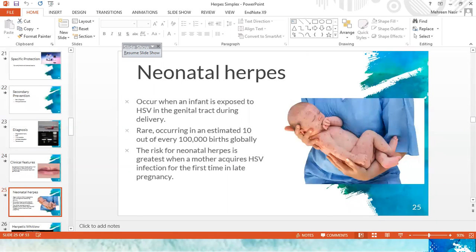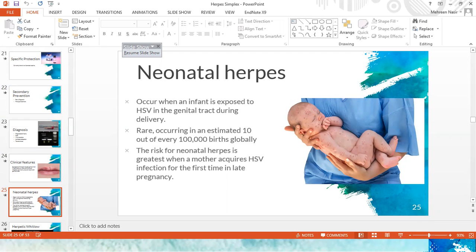Talking about neonatal herpes. Neonatal herpes occurs when the infant is exposed to herpes simplex virus in the genital tract during delivery. It is a rare outcome occurring in 10 out of every 100,000 births globally. The risk of neonatal herpes is greatest when the mother acquires herpes simplex virus infection for the first time in